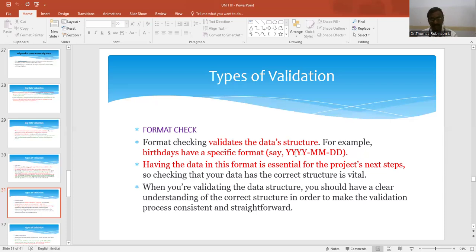Sometimes they are not giving Y four times; they are giving Y only two times, which means we have to give only the two-digit year. For example, now it is 24, the month is 11, and for the date we have to give the exact date. Then the next one is